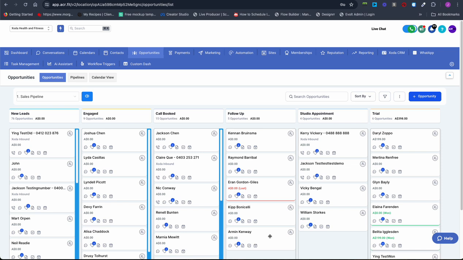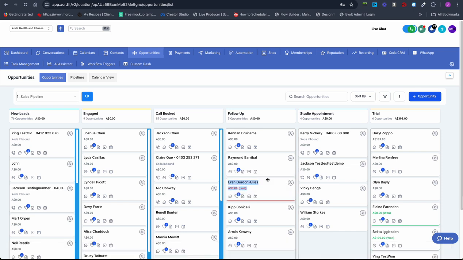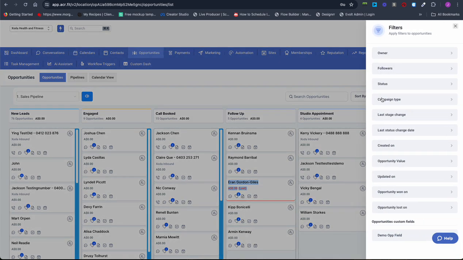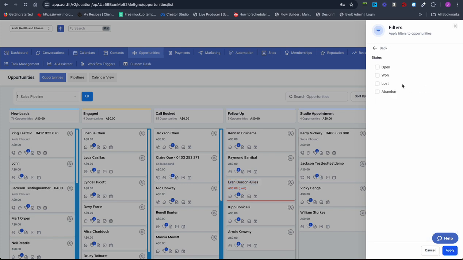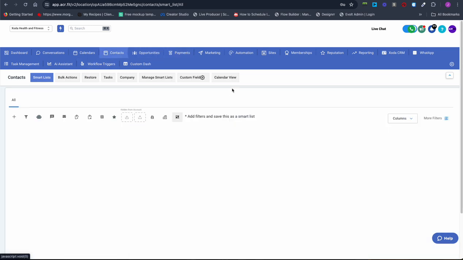So for me to get an accurate result, I always want to make sure, especially if you're using the function where you move the contact into lost or won, that is going to change the status of your contact card or your opportunity card. So in this case, I'm going to make sure I put the status. I only want to see the open statuses,